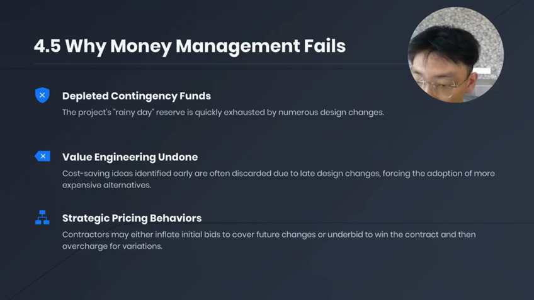Finally, contractors may adopt strategic pricing, either inflating initial bids to cover future change risk, or underbidding to win and then charging more through variations. I will now pass to the next speaker, who will cover section 5 on